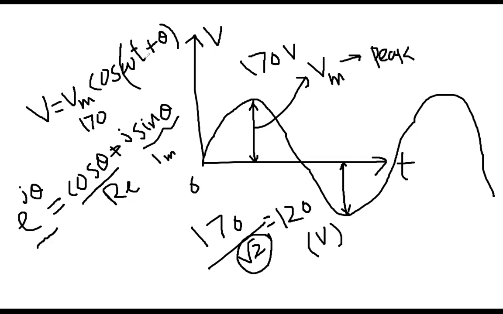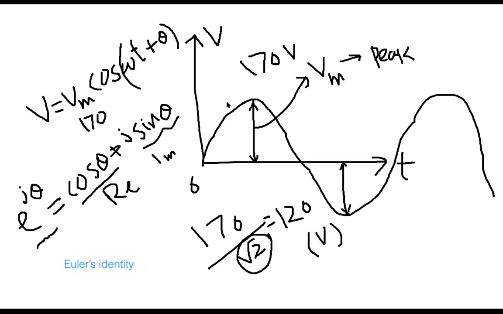This is called Euler's identity. Can you remember Euler's identity from the math? Yeah, from differential equations. Yes, exactly. So e to the power j theta is cos theta plus j sine theta. So e to the power j theta has a real component and an imaginary component because it is a complex number. This thing is called Euler's identity.